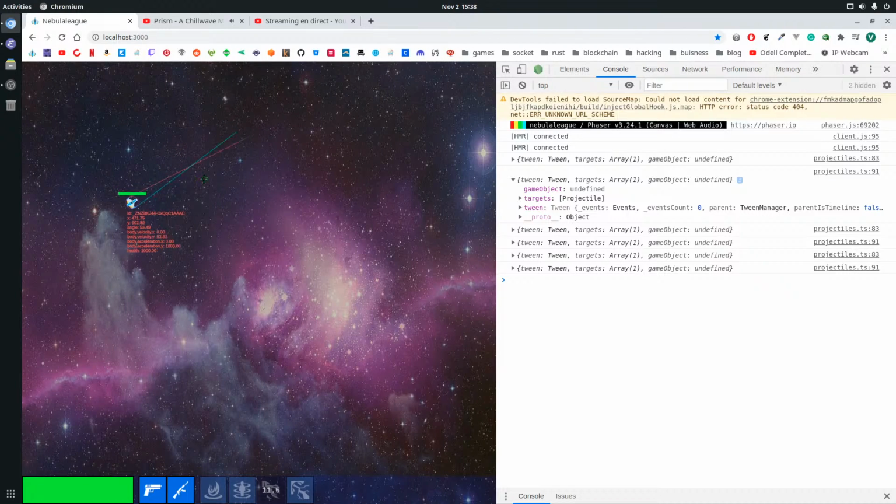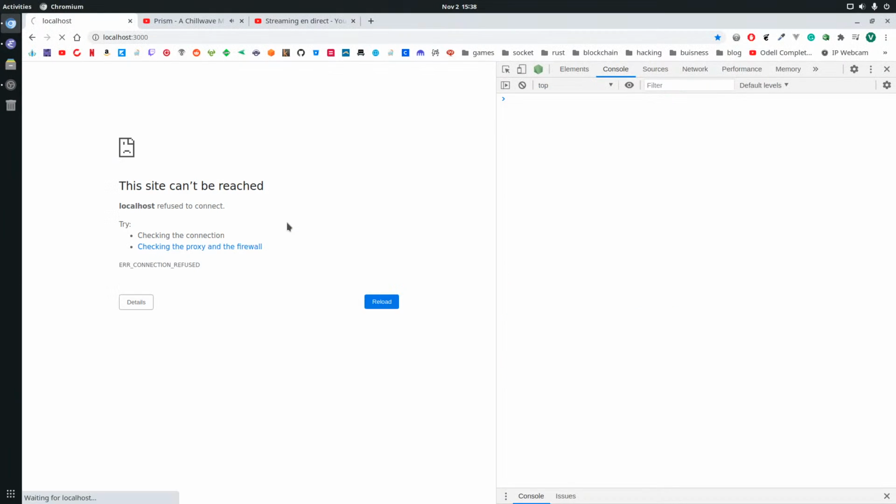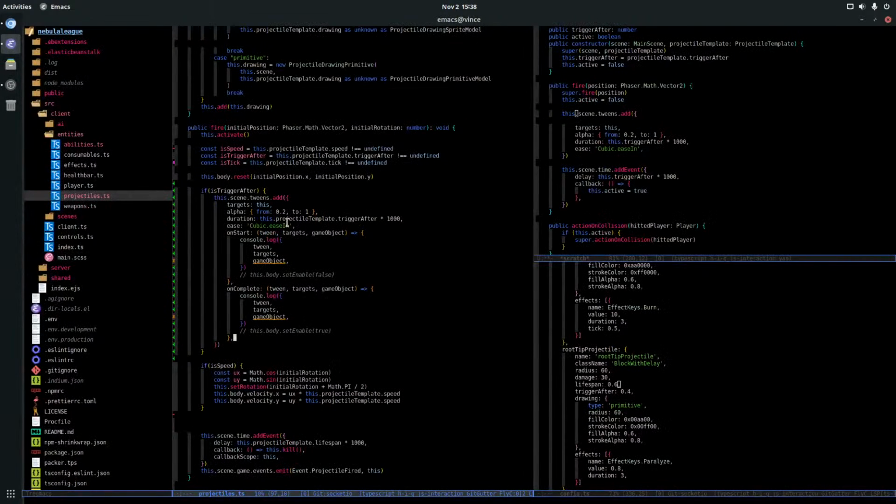But my collision doesn't work. I removed that. I just have a tween for the visual effect.